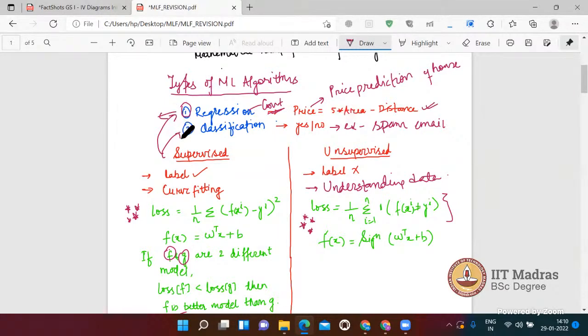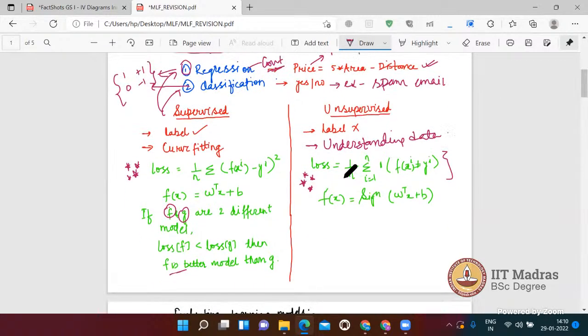And classification has some sort of yes or no in the end. This can be represented as 1 or 0, or plus 1 or minus 1. This is generally classification. For example, if you have to categorize the emails you are getting into normal email and spam email, this is an example of a classification problem. Okay, so this is the loss for the calculation of a classification problem.